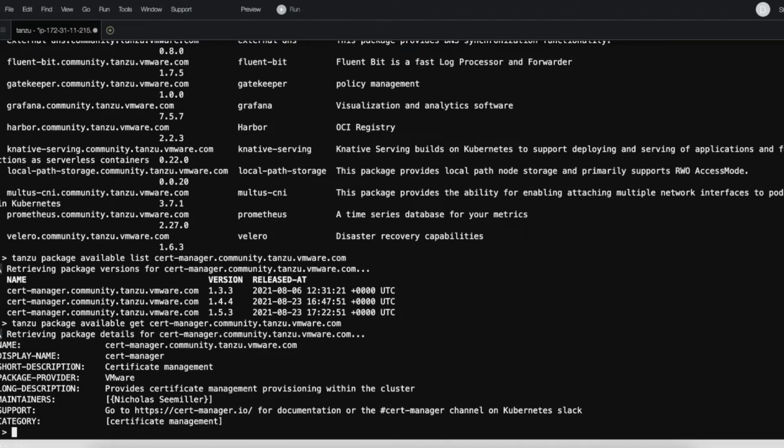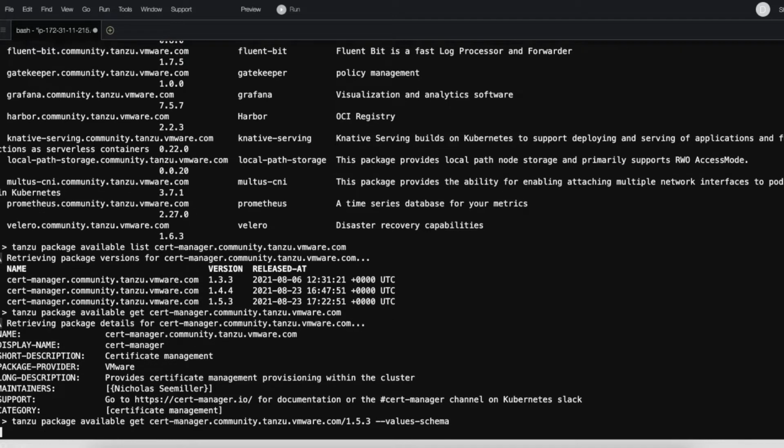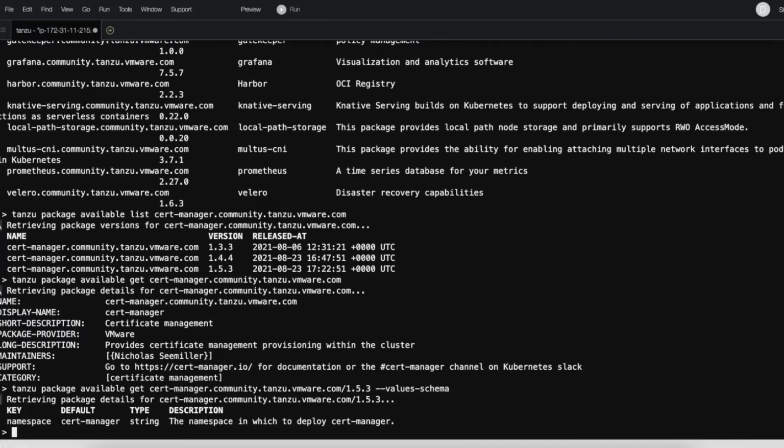And you see it is showing some more detail. And then here I can put the version, let's say 1.5.3. So what I try to show you is, if you're trying to customize this package, there are some options available that we can supply. And this all is defined as a part of package creation.